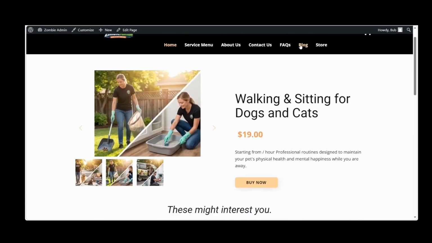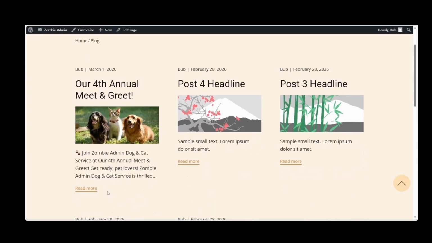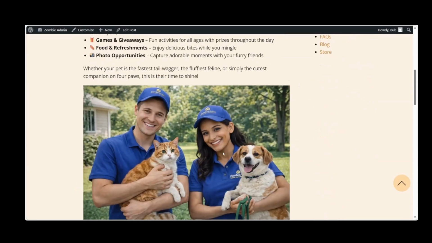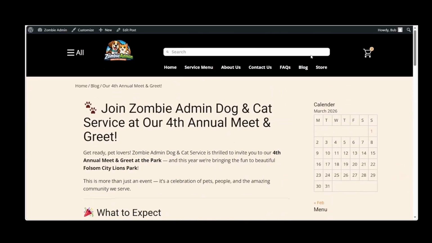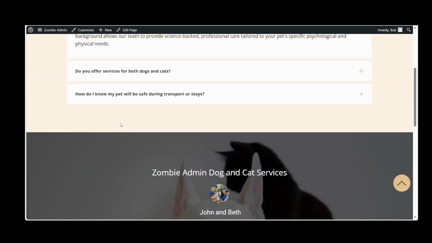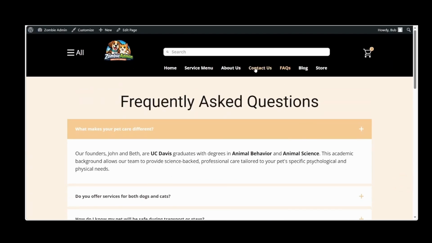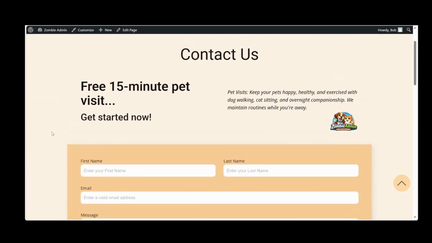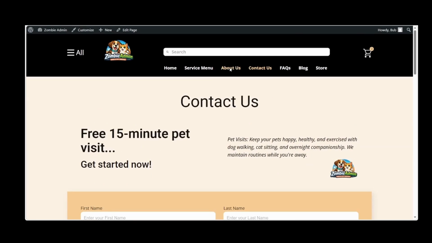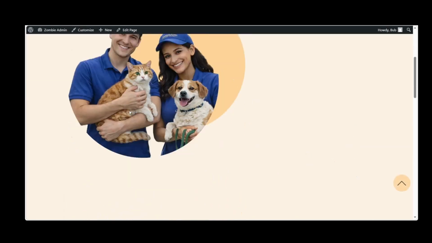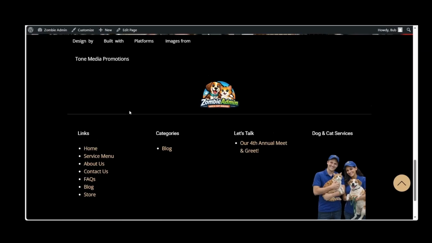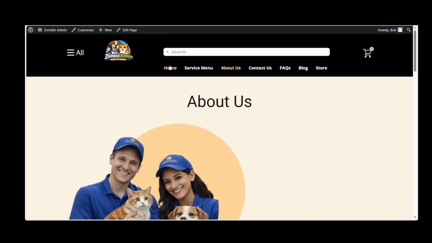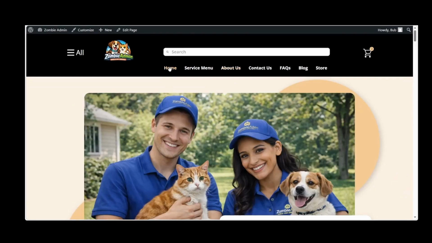And then I cleaned up the blog section a bit in the post there, the header of the post section, which is just a little too much for me. And then I styled the frequently asked question page. And then I styled the contact us page with form. And styled the about us page. The same color palettes and just trying to make it flow. Let's go back to the home page.